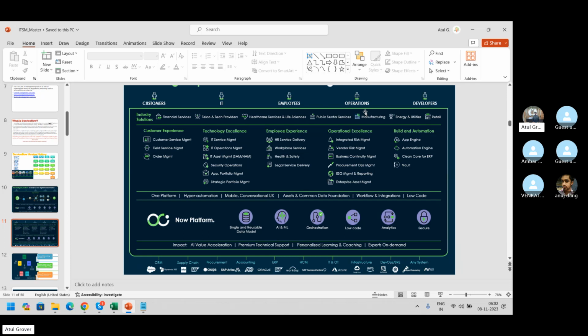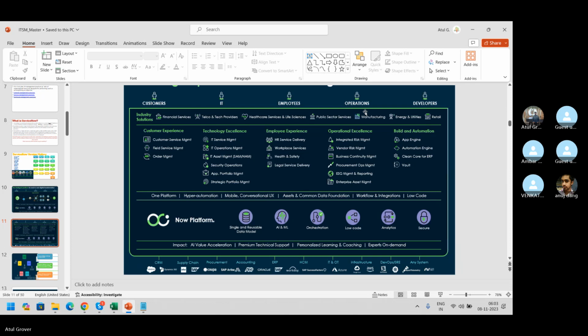Go deep means if you're working for a specific customer on a specific module, then go deep. Get all the best practices, all the implementation, all the use cases to implement that particular part. Okay, so this is the overall picture of the ServiceNow product. Any question, any doubt, any clarification?